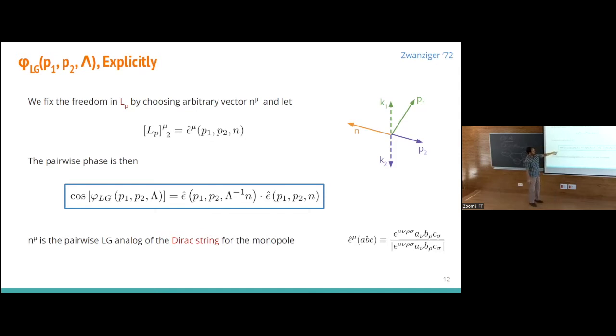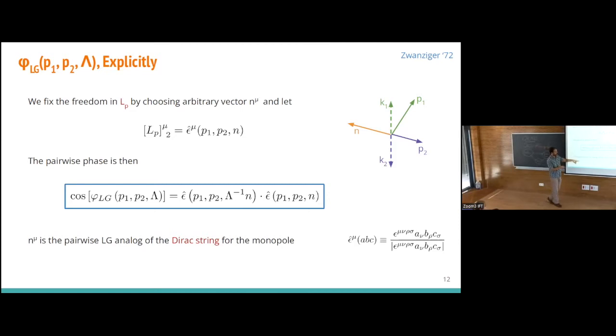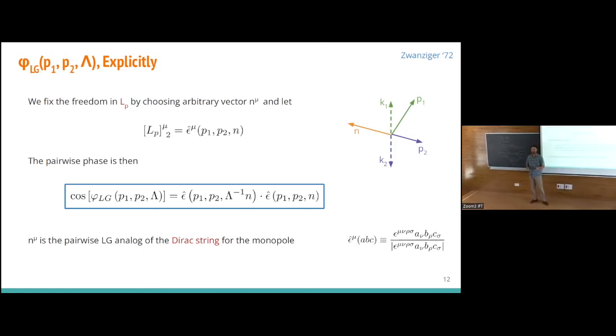It's an easy computation to show that then the little group phase is uniquely defined as basically an angle between two normals in 4D. It's also called a dihedral angle because it's like the angle between two hyperplanes in 4 dimensions. And this is the answer for the little group. Now we introduce a random direction, but this direction is actually morally like the Dirac string, which enters into our construction in this way. Questions about that? Good.